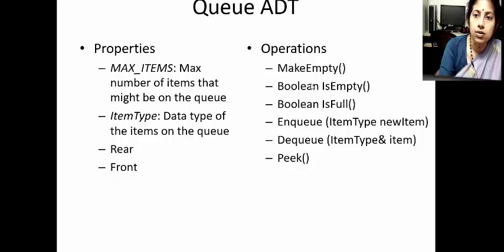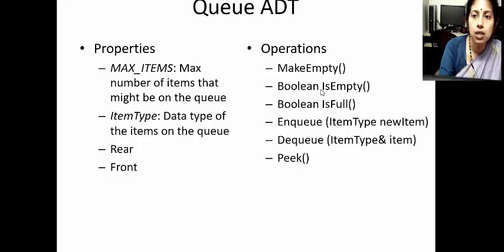And then this is the function is empty. We have to check before inserting a new item whether there is place in the queue or not. When implementing a queue with arrays, you need to check whether the queue is empty or not. This function returns a boolean value. If the queue is empty, it returns true, else it returns false. Similarly, is full checks whether the queue is full or not.